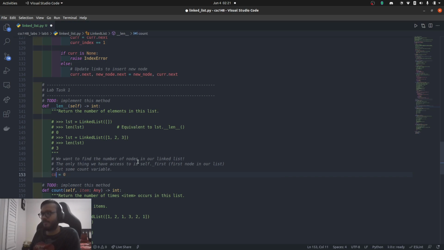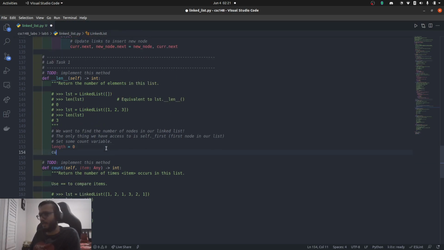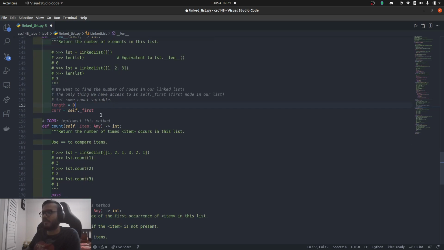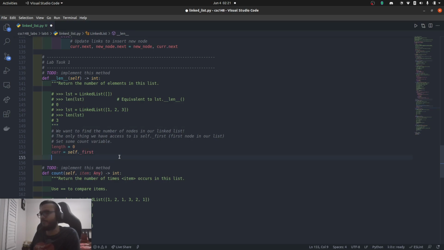Or let's just do length, because that's what we're trying to find anyways. Okay, length equals 0. And then cur equals self.first. This should be pretty familiar. We're just setting up a loop to loop through the linked list, okay? And let's see. While